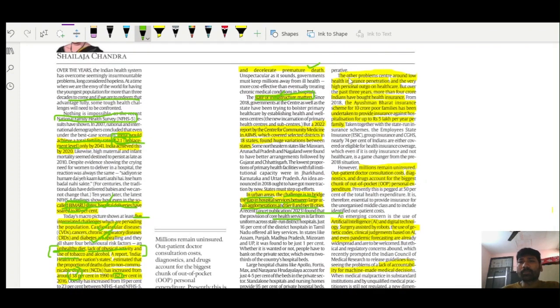So, apart from this, other problems center around low health insurance penetration among people. In India, health insurance penetration is very low because of several reasons. People lack awareness about health insurance, and the center and states have no uniform policy. There's a bit of complexity and confusion over the healthcare policies and healthcare penetration. Higher levels of illiteracy are some of the reasons India still does not have higher insurance penetration among the people,